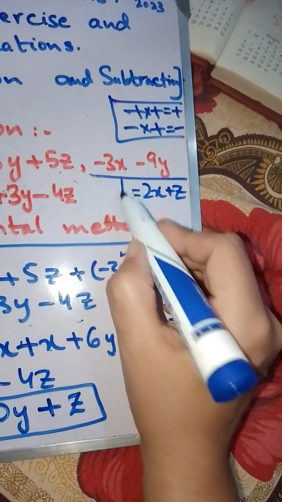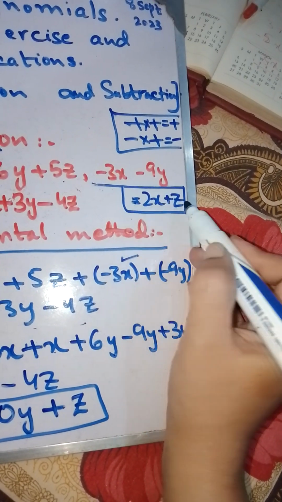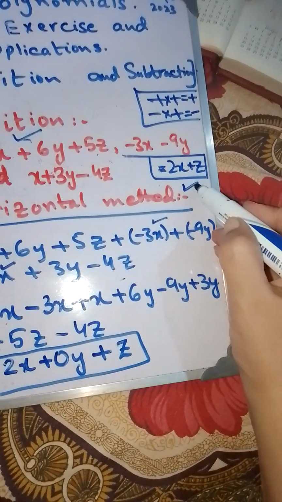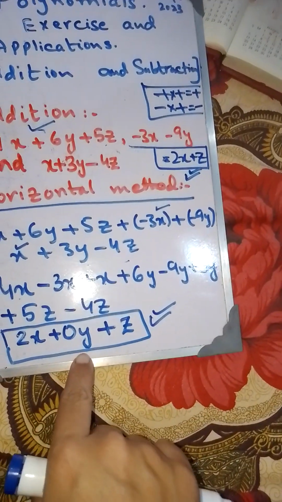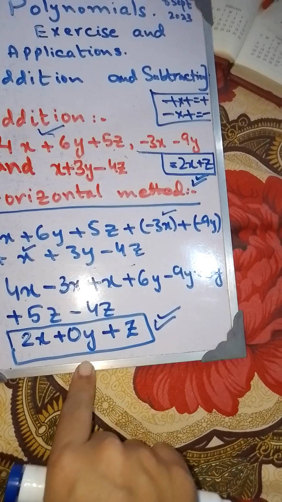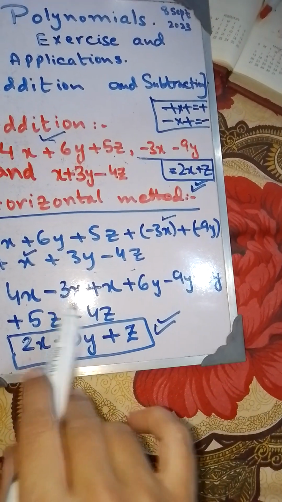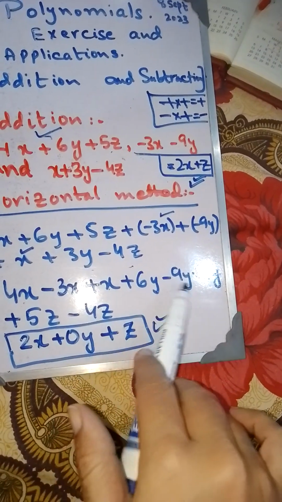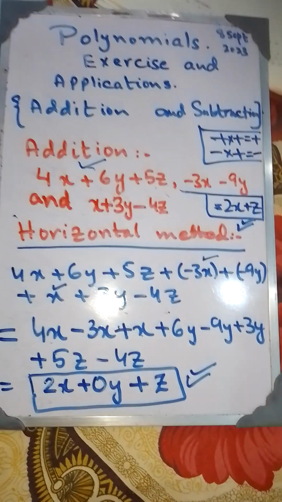Similarly, I have written over here the answer obtained by the vertical method just done before. So these are the two methods and we got the same answer. You can omit this 0 since it has no value, but you have to show what you have obtained from adding the y category. Okay, so let's move on with the subtraction,